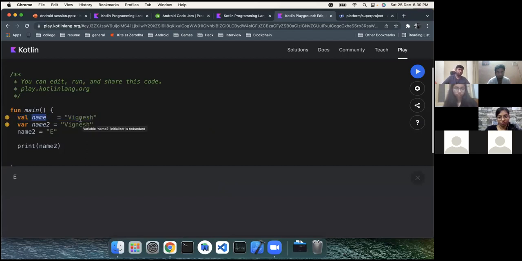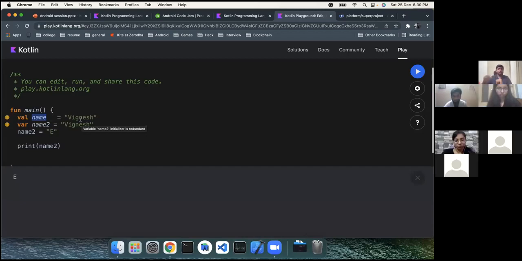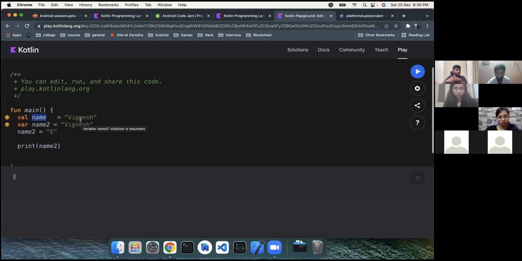You cannot change it with something else, and it is statically typed. When I say statically typed, unlike the other programming languages like Python, JavaScript, you can create a variable and change the variable with something else, right? Like you can create a variable and change the value with the object. You can change it with number. You can change it with anything, but that is not possible with Kotlin. That happens during runtime, but Kotlin makes it during compile time itself. All the variables should be directly typed. All the variables should have a type defined